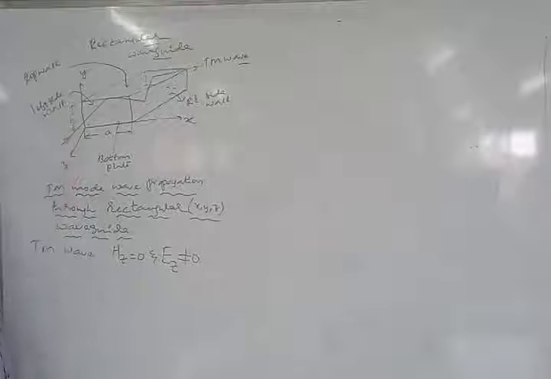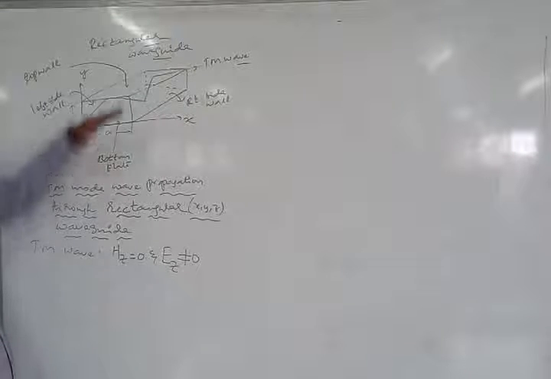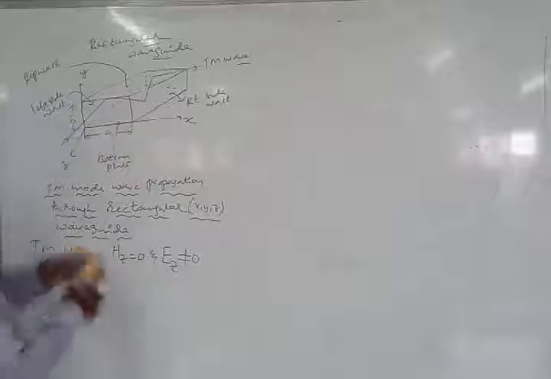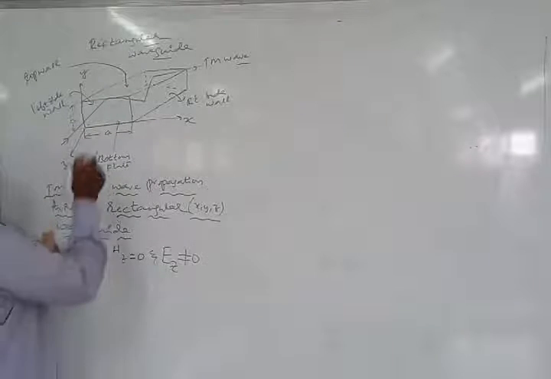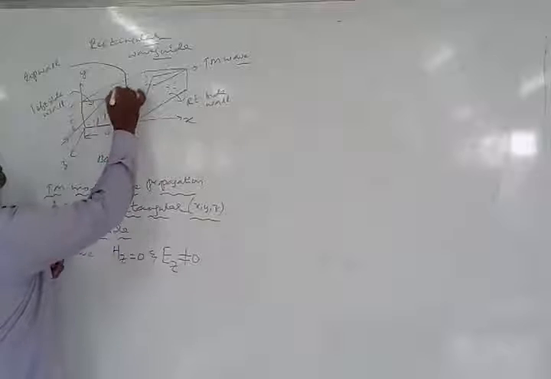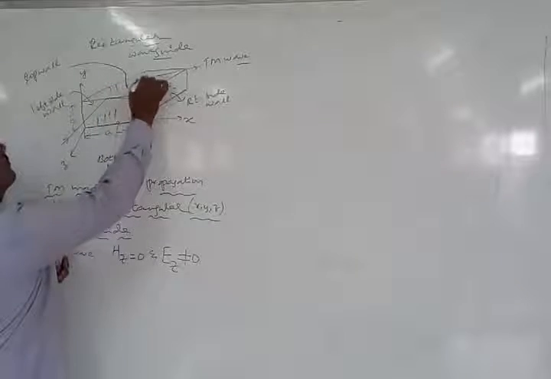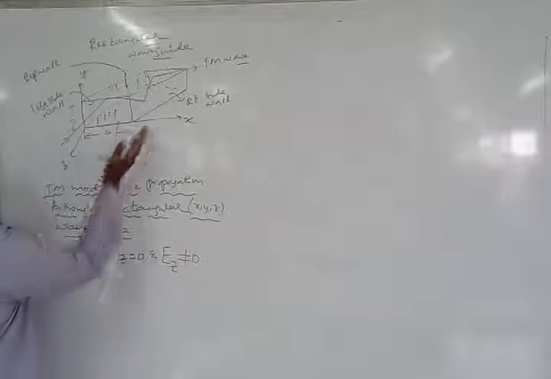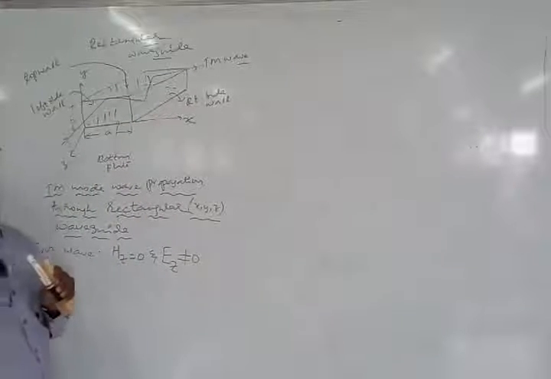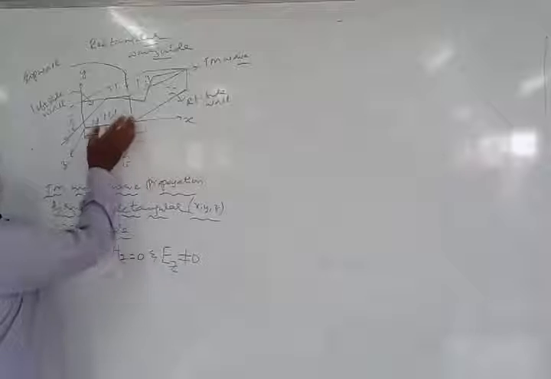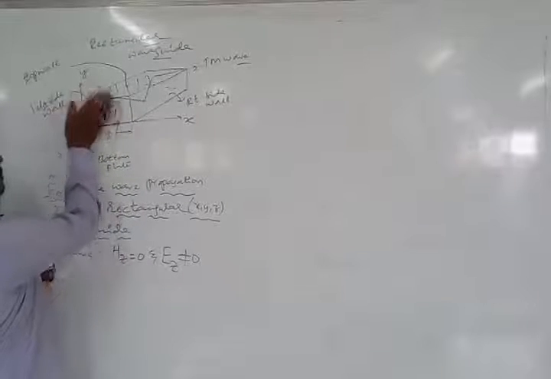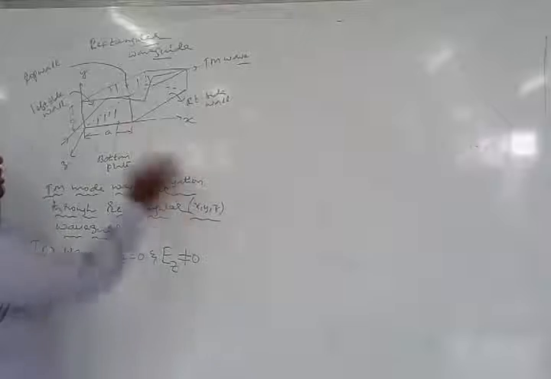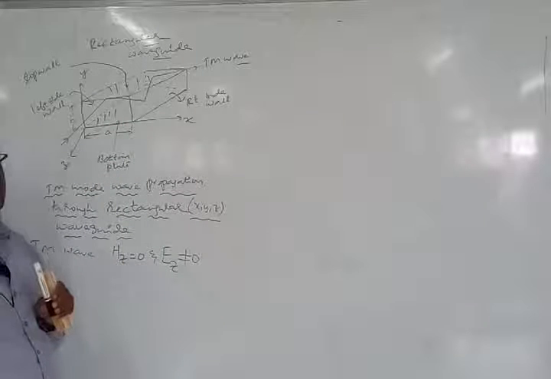Now if you observe this carefully, a rectangular waveguide is simply known as two conducting plates. See, this is a bottom plate, and this one is going to be the top plate. So this is one conducting plate, and this is going to be another conducting plate. Here we have a left side wall and a right side wall closed, thereby you are going to have only two openings on the two opposite ends.